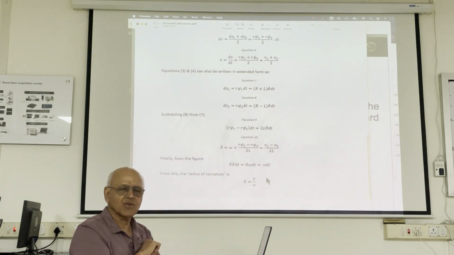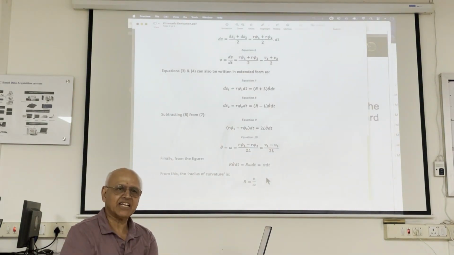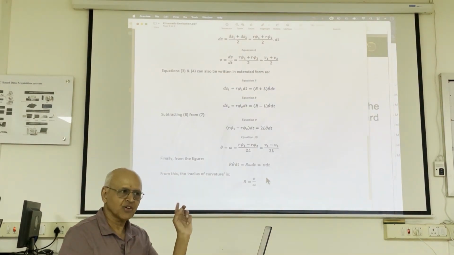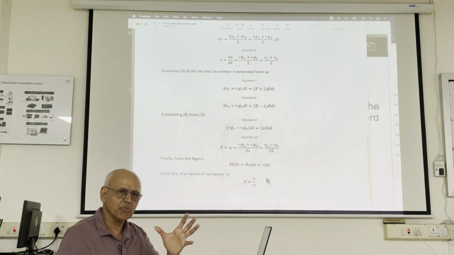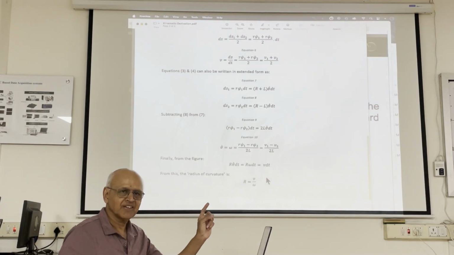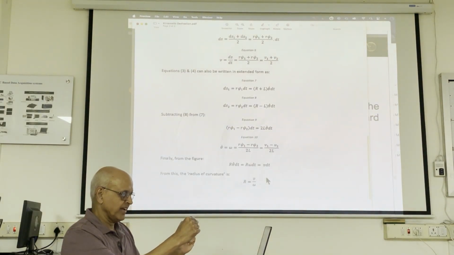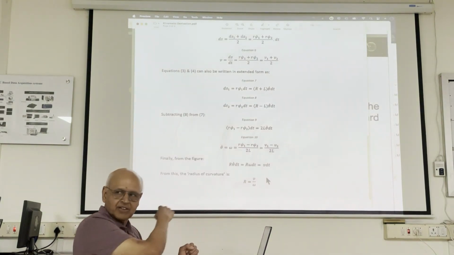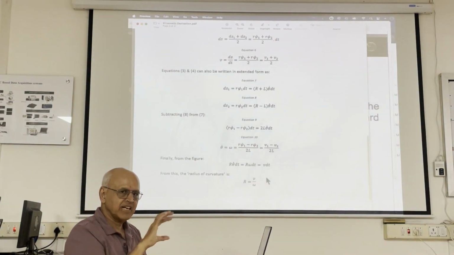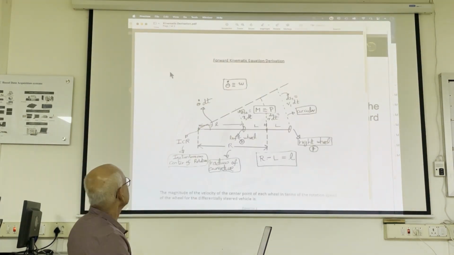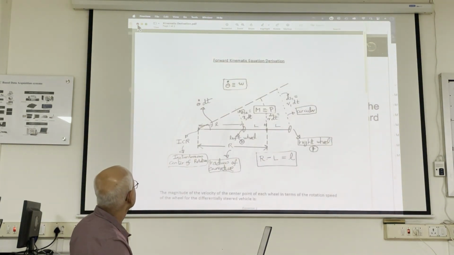So that's how we got the equation for the radius for a differentially steered vehicle. This is only true for this differentially steered vehicle, but all robots will follow this principle, that if you lock the speed and you keep the steering wheel for a car like this, you'll go in a circle. So that basic principle is true generally. Here we have derived it only for the differentially steered vehicle. Okay, let's go back and finish up with